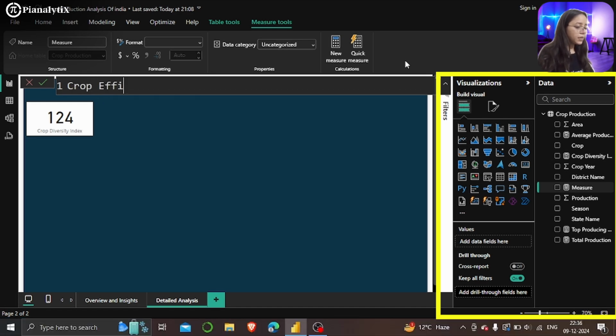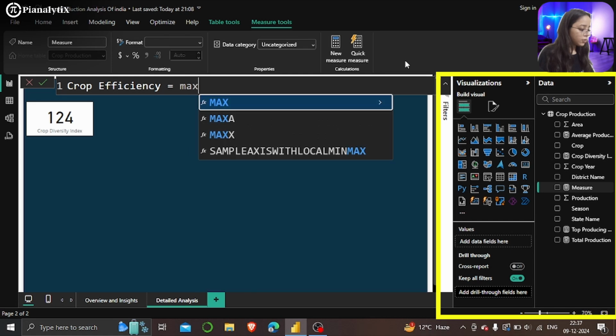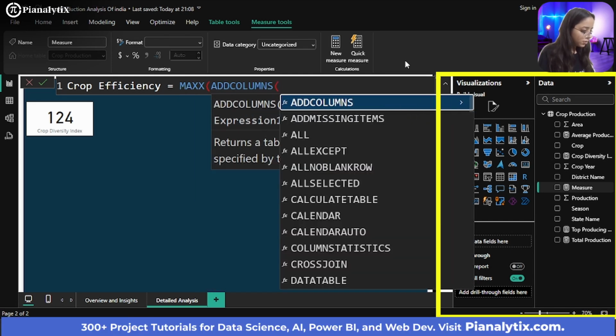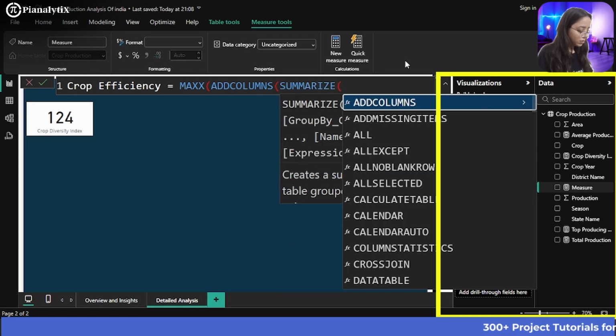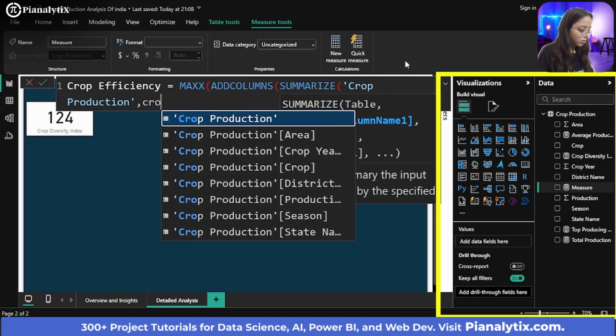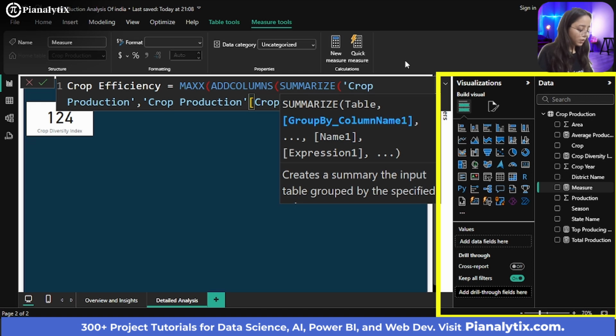Crop efficiency basically refers to how a particular crop utilizes land and how much yield it generates. So for this, I will first write a DAX expression and then I will explain it further. So max, add columns, summarize, crop production, crop, and I will close this.